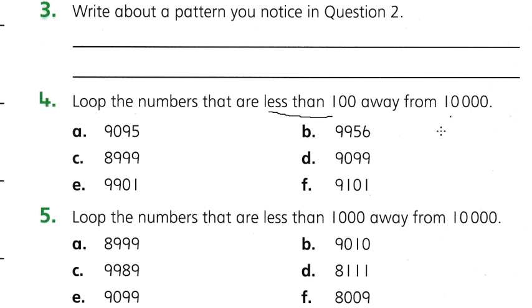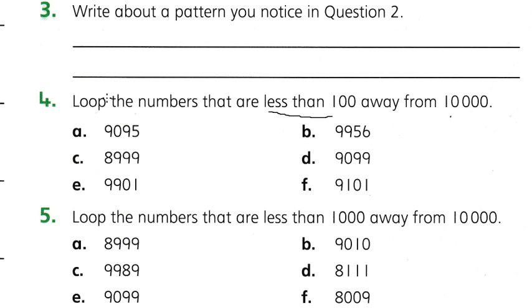So numbers that are greater than 9,900, you've got, let's see, that one's not, that one's not. This one's greater than 9,901, but we actually want, yes, so that is less than,